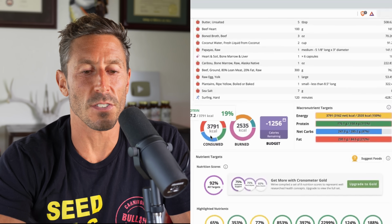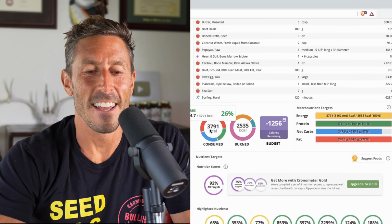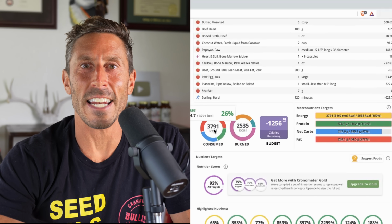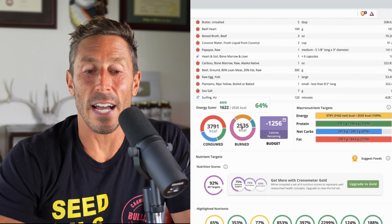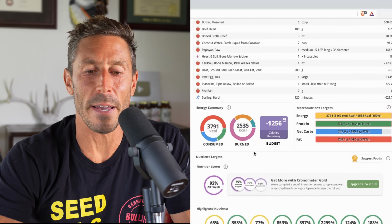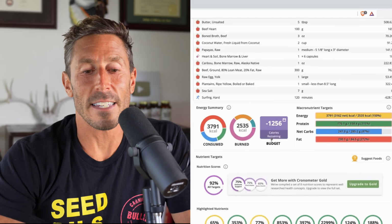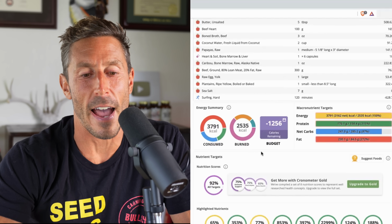Now, the first thing you'll notice here is that the amount of calories I have is enormous. 3,791 calories. And I only burned 2,535 calories. That's, I guess, somehow Cronometer is calculating my basal metabolic rate. By these calculations, I should be gaining weight every day to the tune of multiple pounds of fat per week,